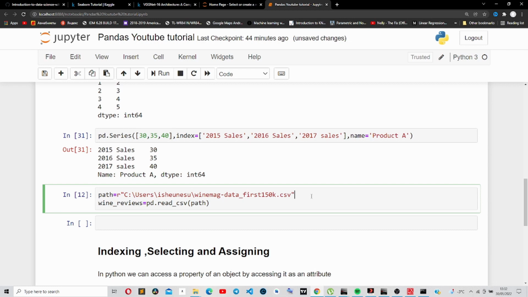Most of the time you'll be working with comma separated values or CSV files, so you will not be creating your own data frames and series. The way that we can do it is you need to read CSV files from a path. In this tutorial, I have a wine review dataset on my PC. I'll also upload it on GitHub and provide the link in the description. So we have this path, and then I assign it to wine_reviews equals pd.read_csv,